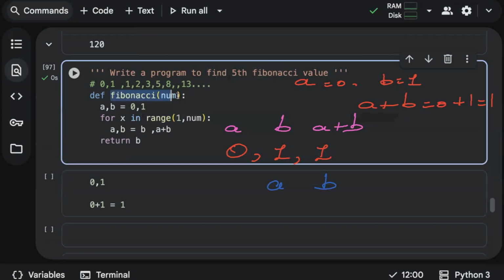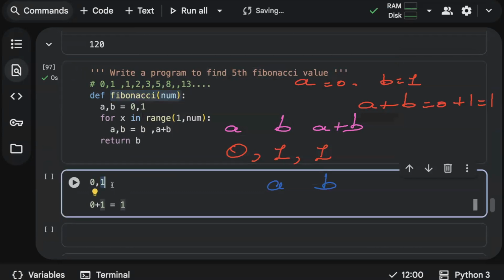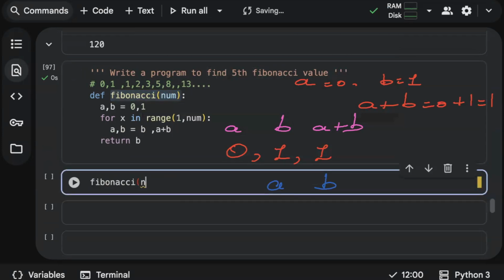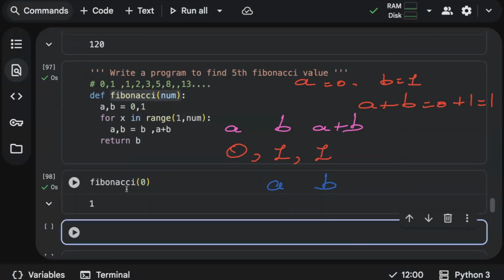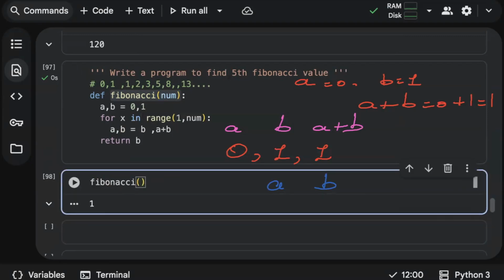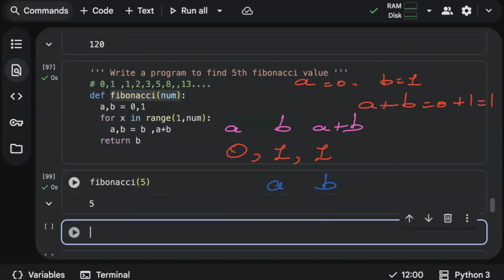So now let me call Fibonacci. Let's say I want Fibonacci of the first number. 0th index, sorry. We wanted the 5th index, right? You can see 0, 1, 2, 3, 4, 5. So actually it is starting from 0.